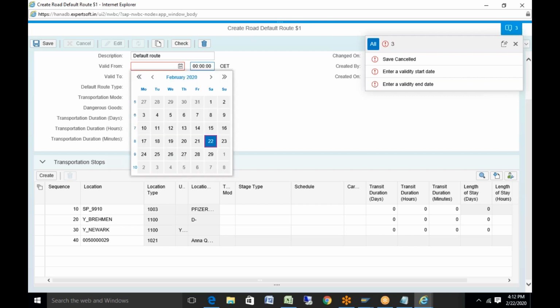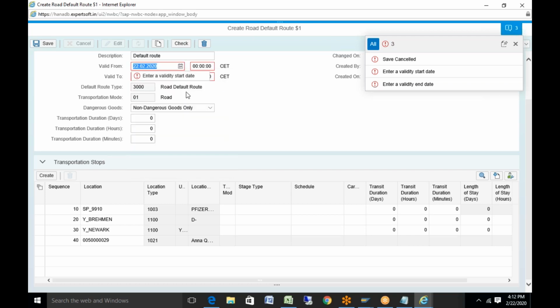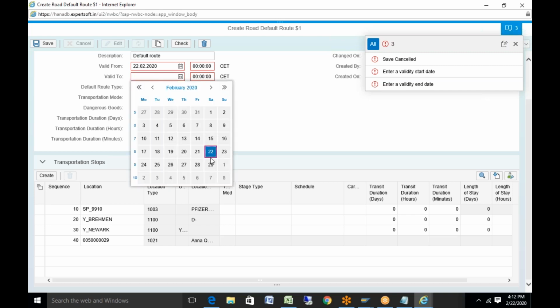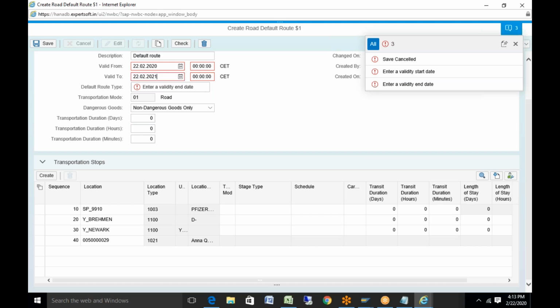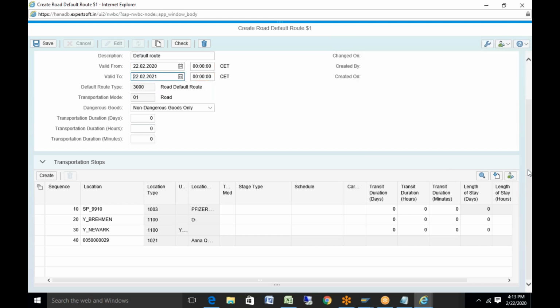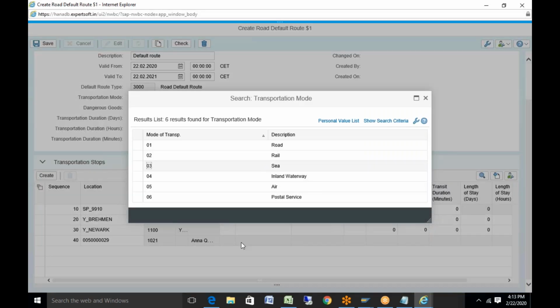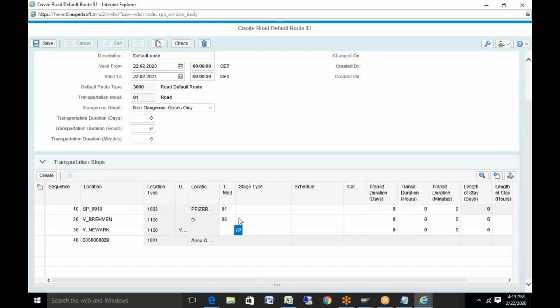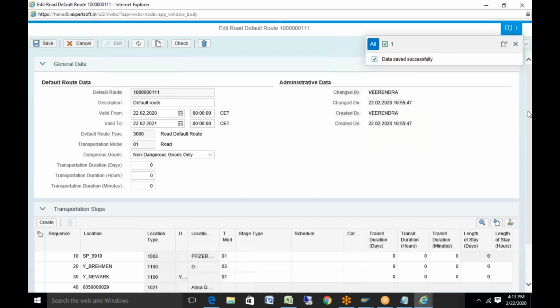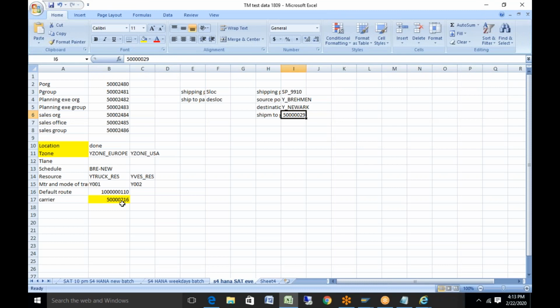Then I enter the validity period. Okay, I use the mode of transport. This one is 01. Let me see.